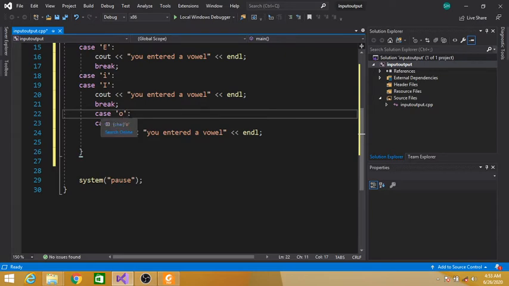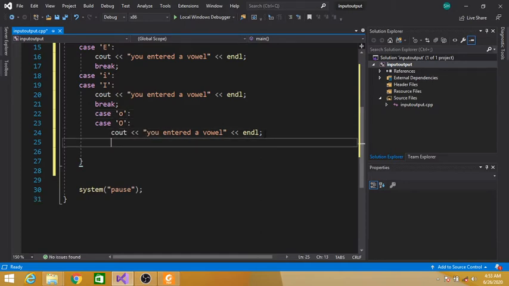Because it is a character, we have to place single quotes around it. Otherwise, the compiler will show us a syntax error. Break.